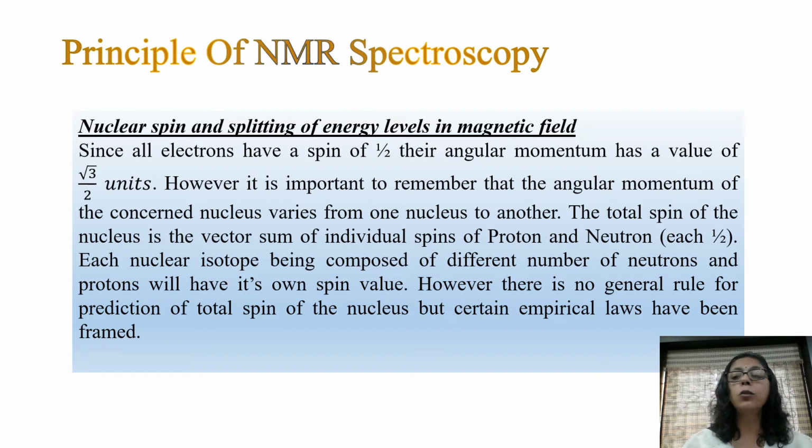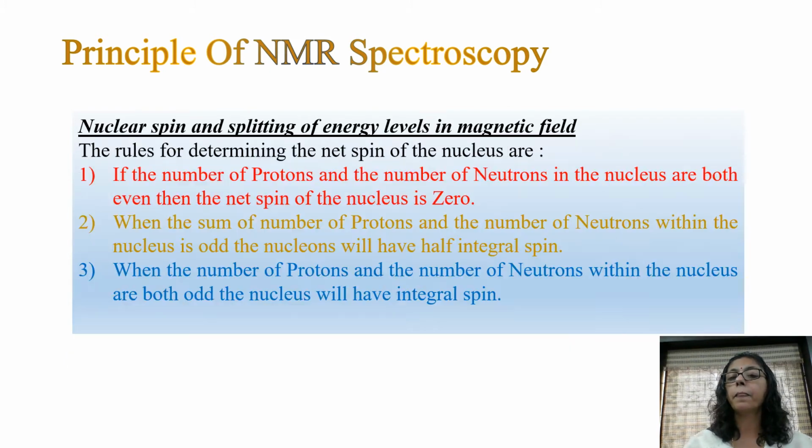However, there is no general rule for prediction of total spin of the nucleus, but certain empirical laws have been framed for that. What are these empirical laws? The rules for determining the net spin of the nucleus are as follows. If the number of protons and number of neutrons in the nucleus are both even, then the net spin of